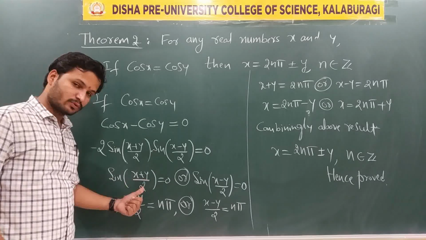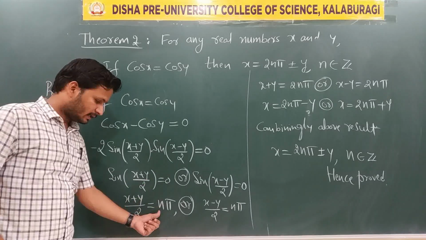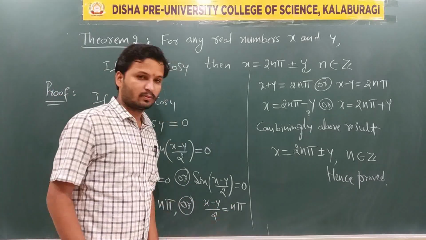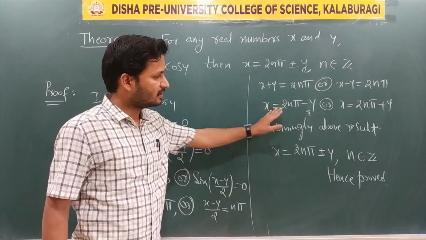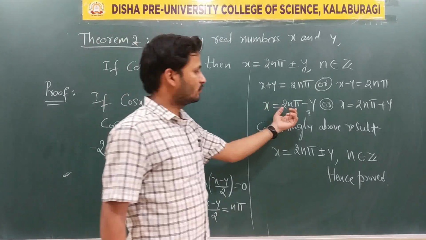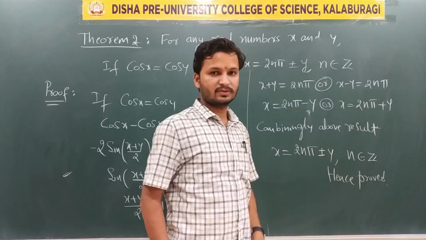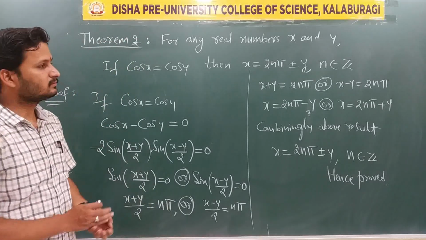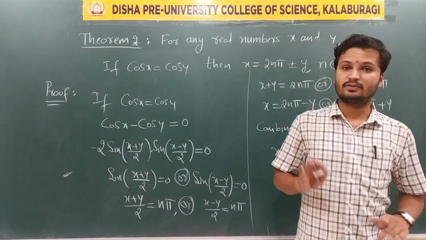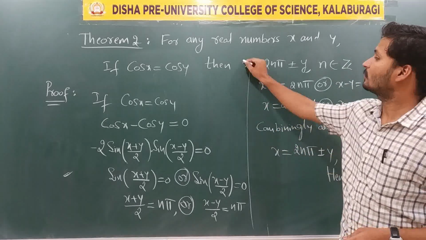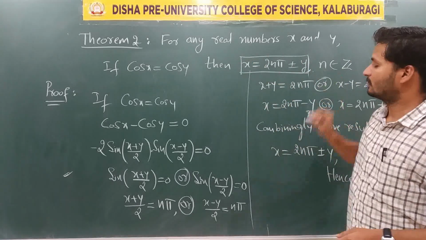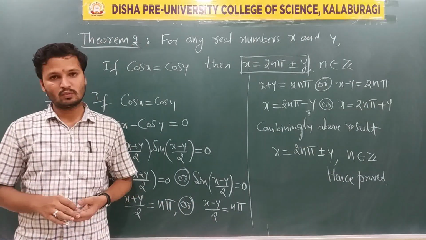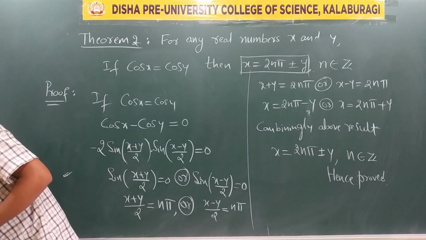If sin x is equal to 0, then x equals an integral multiple of pi. So similarly here also (x minus y)/2 is equal to n pi. And then simplify. So combining these two, that is here 2n pi minus y, here 2n pi plus y. So combining it, that is plus or minus y. Yes, this is about the cos function. So the general solution of the cos function, the formula is x is equal to 2n pi plus or minus y. For the sine function, n pi plus minus 1 to the power n into y. So similarly,